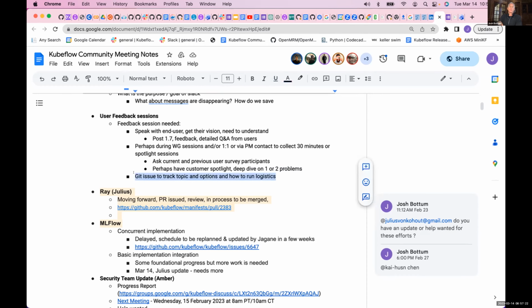I think there's a lot of complicated topics that need to be discussed. And I don't think that we have a Git issue open to track any of this. So what do we do here? Do we have anyone who feels like they want to help organize even a Git issue and a proposal about how we might do user feedback sessions?